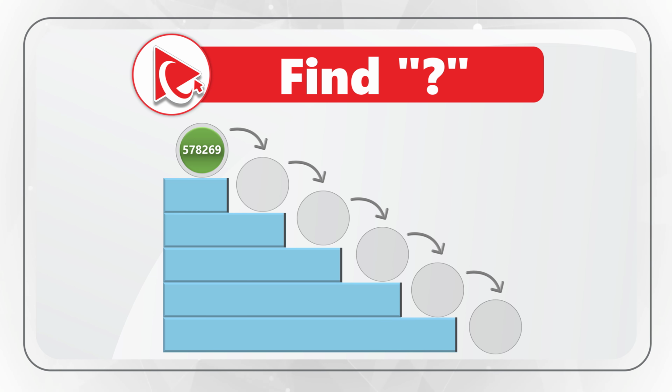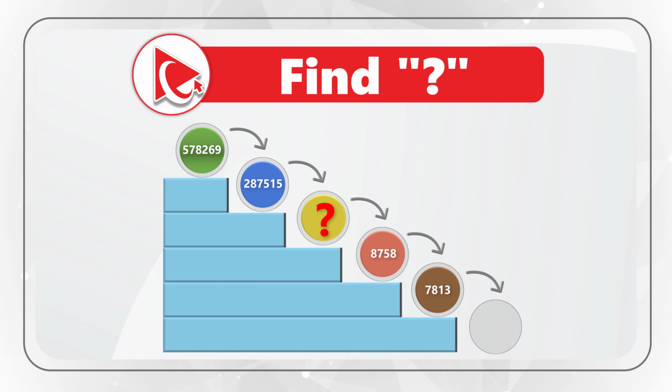Then as it rolls, it becomes a blue ball, and the numbers change to 2, 8, 7, 5, 1, 5. Then it becomes the yellow ball with the missing number. As it continues, the numbers we see are 8, 7, 5, 8 in the pink ball. As it rolls, we see the brown ball with the numbers 7, 8, 1, 3. And then as it continues to roll to the last step, it's a purple ball with the numbers 8, 7,